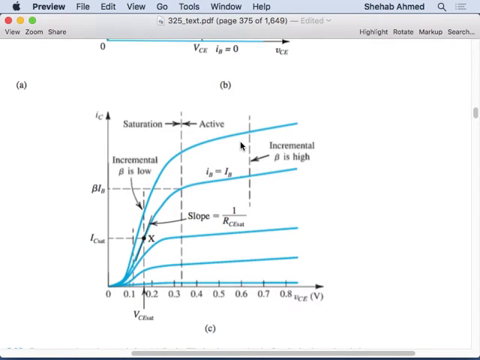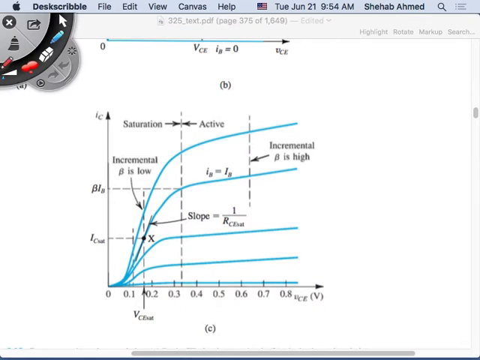The other thing they're introducing in this section is that the slope of this line in saturation mode is also a change in current over a change in voltage, which means it's equivalent to 1 over a resistance. And this slope is pretty high, which means the resistance is pretty small, which is nice for switch applications. That's why, if we're going to operate a device as a simple on-off switch,